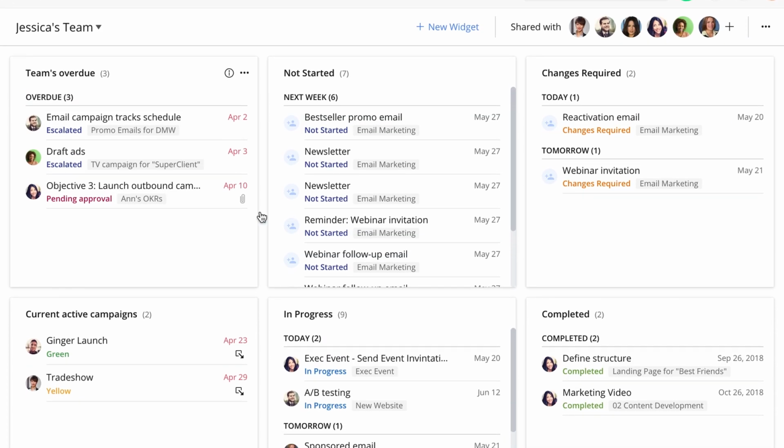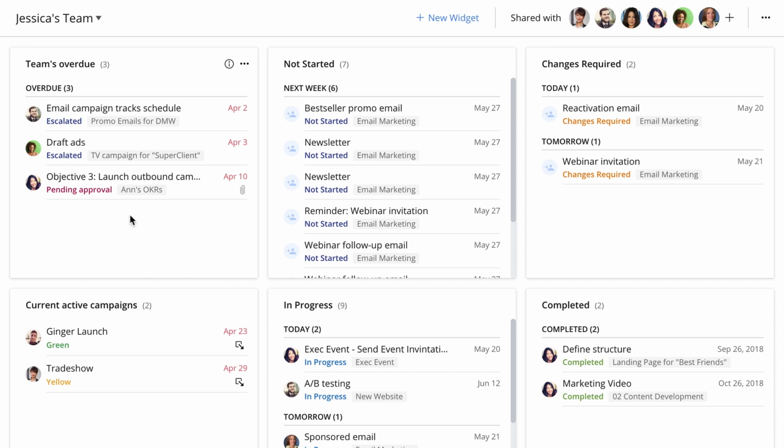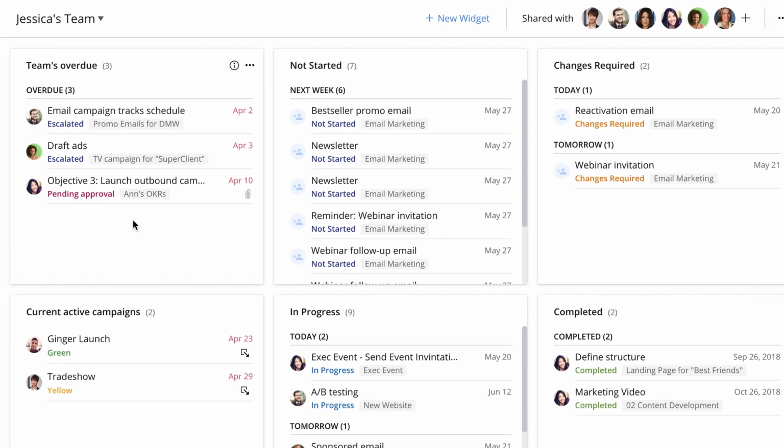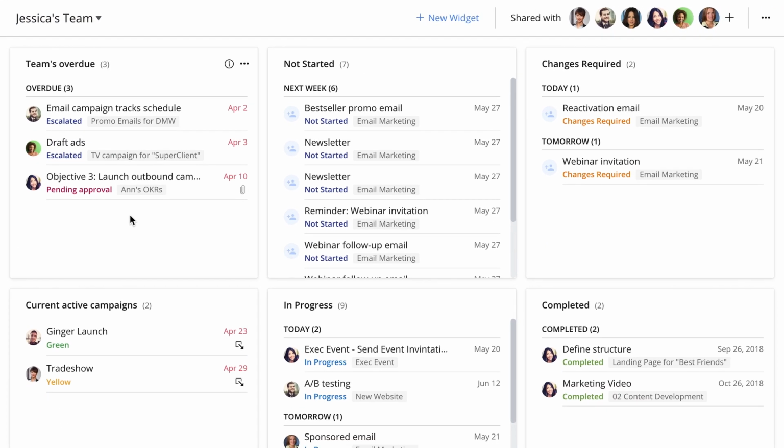Once you've dealt with all the urgent things, you can check where your team stands using the dashboard. A dashboard is a dynamic board that shows up-to-date information, such as the status of projects and tasks, or if any of the tasks are overdue. You can have several dashboards that show different lists of items based on different attributes. This dashboard is used to monitor the team's work. With a quick glance, I can tell that the team has missed the due date on 3 tasks. 2 client issues represented with these tasks were escalated to the manager, and 1 creative asset is pending my approval.